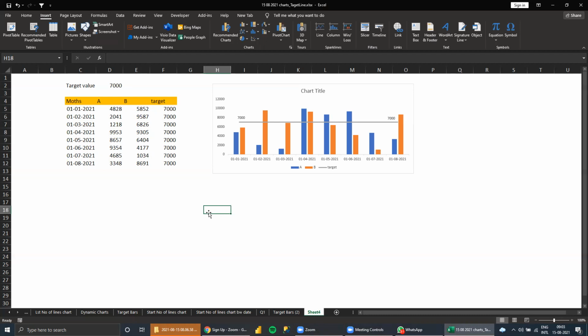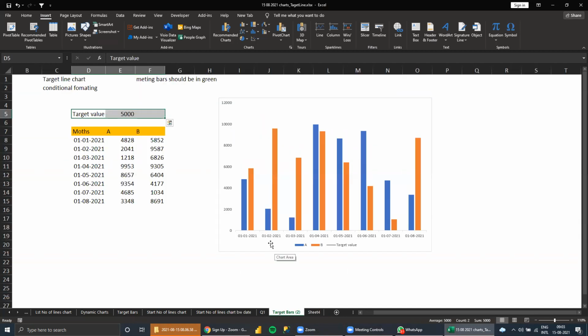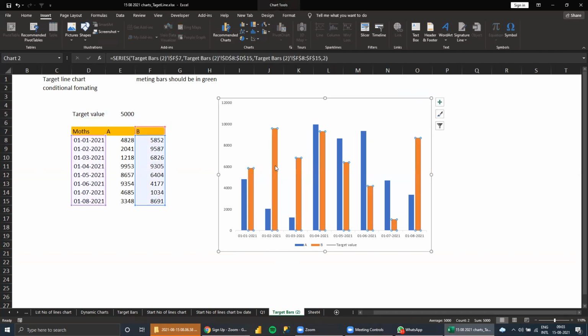In the previous one, when I tried the overlapping one, meeting the target, it was not overlapping completely. The first value, A column data, is overlapping, but you can still see a little part of it.